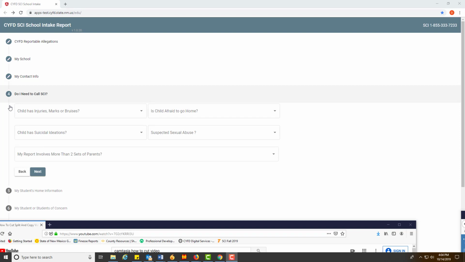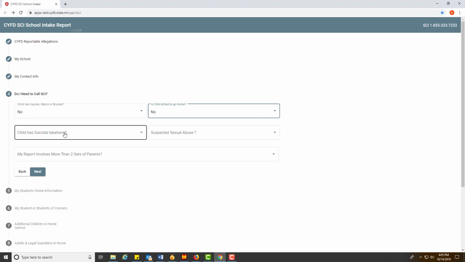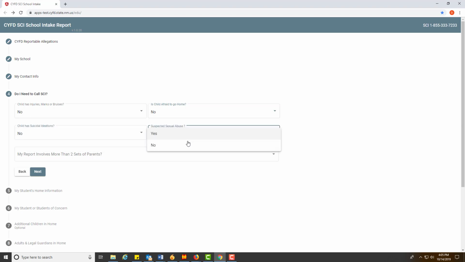Step 4. Again, we ask, do I need to call SCI instead of making this report online? Does the child have injuries, marks or bruises? Is the child afraid to go home? Does the child have suicidal ideation? Do you suspect sexual abuse? If you answer yes to any of these questions, it will be recommended that you call SCI instead of reporting